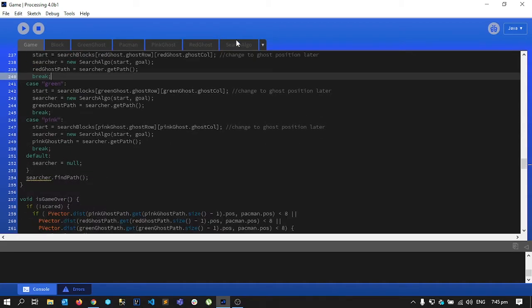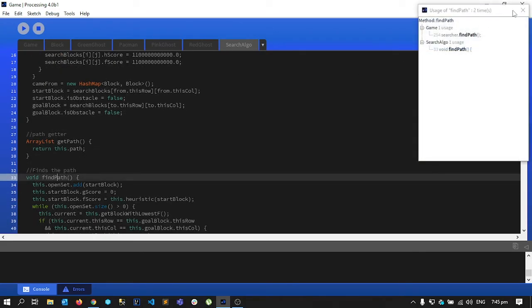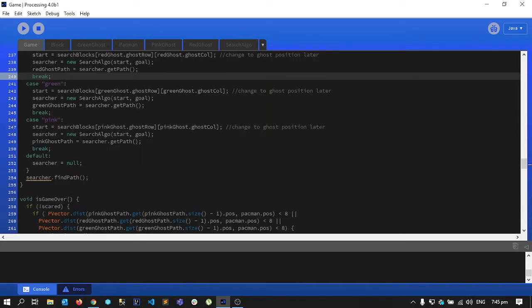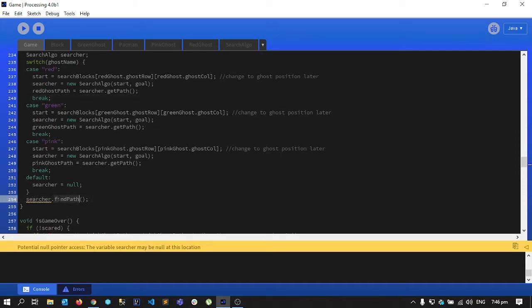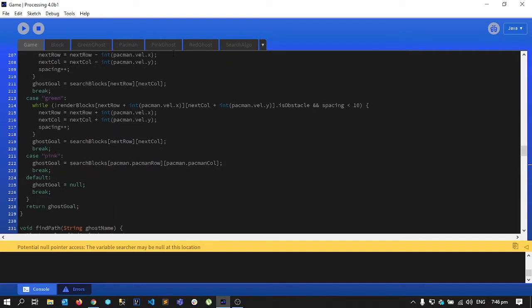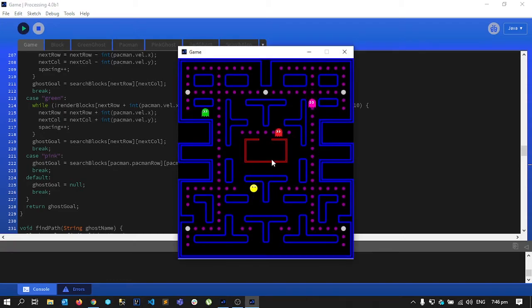After that, you can see that when I call it here, there should be find path somewhere here. Where is it? So this is basically very simple, and whichever one I call it for, I find the path here, like this one, and then I return. This basically runs over and over again for the red one, then green one, then pink one, then red one, green one, pink one. So this is how it is running the game. So this is the path that they are following, and I can also turn this intelligence on and off.